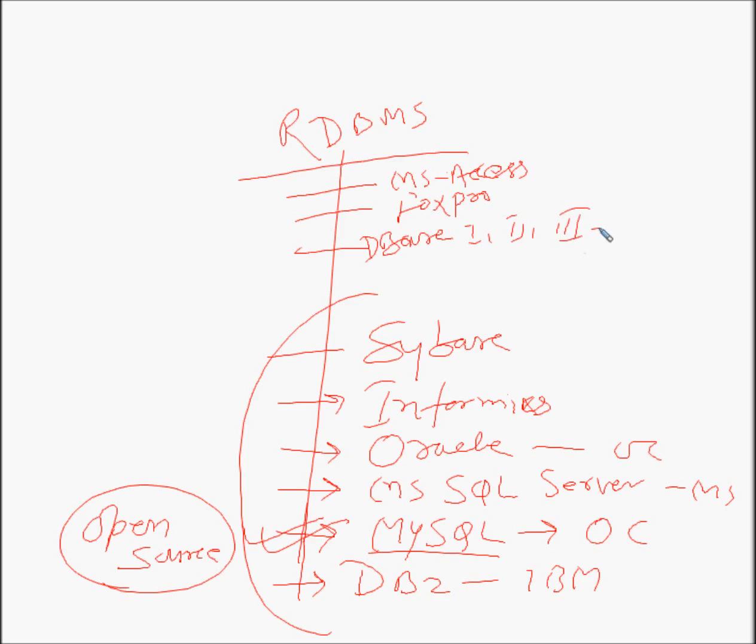These are still DBMS, not RDBMS, because they are not following the complete Codd rules. Among all, Oracle is also very powerful. Even Microsoft SQL Server is also very powerful. Okay, so